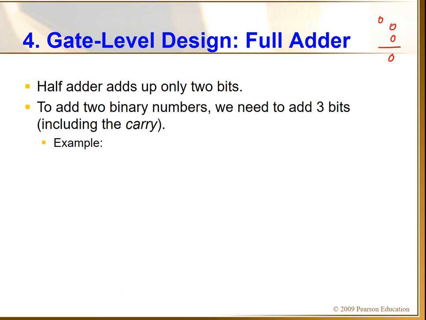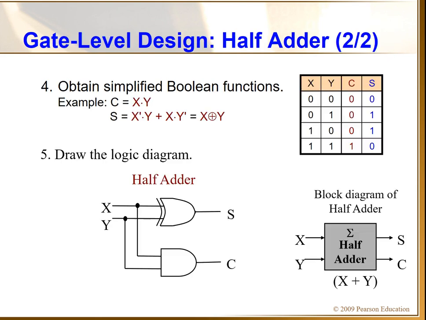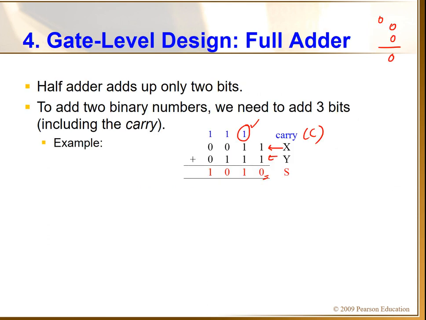But for example, let's say we are going to add this. These are the 2 bits. X is 1 and Y is 1. So we are just going to add them. 1 plus 1, sum will be 0 and carry will be 1. Now what is happening? Here you are adding 3 bits. You get a carry. In the half adder, you are just adding 2 bits. But in the actual implementation of the adder, you actually have to add 3 bits. You get a carry here from here. So now 1 plus 1 is 0, 0 plus 1 is 1. Again you get a carry.